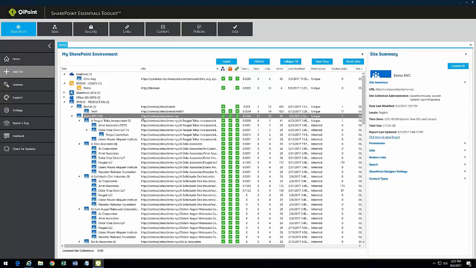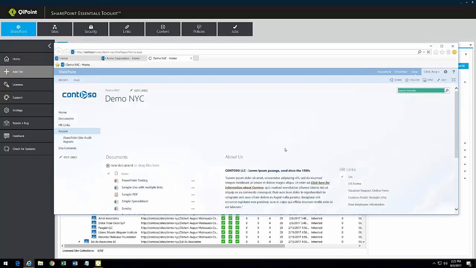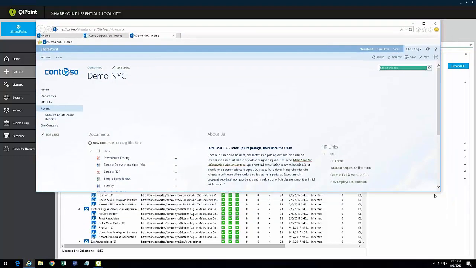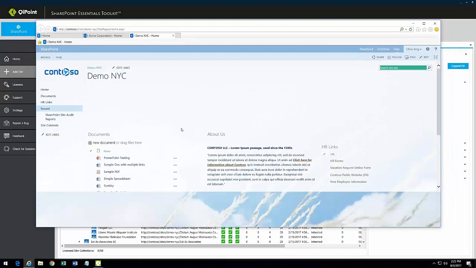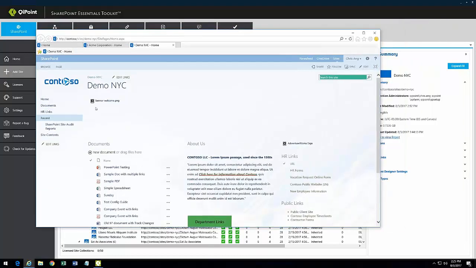Okay, so for example, in this page, I'm going to fix all the links in it. But before I do that, let's just say I need to copy this over to another site. Okay, and you can see here there's some broken links, but let's just say I'm copying this site over, and I want to copy this page